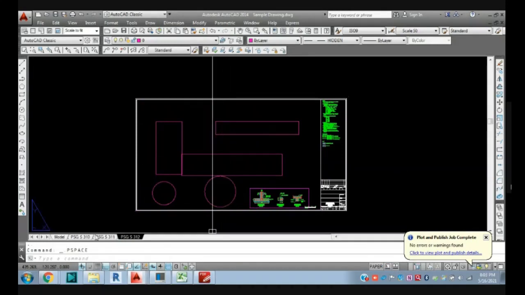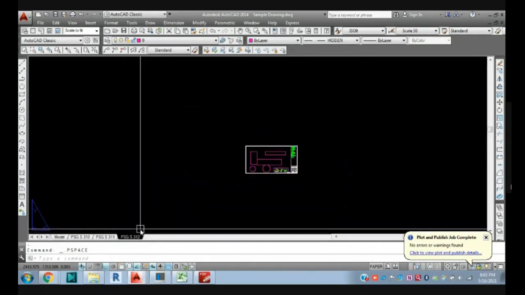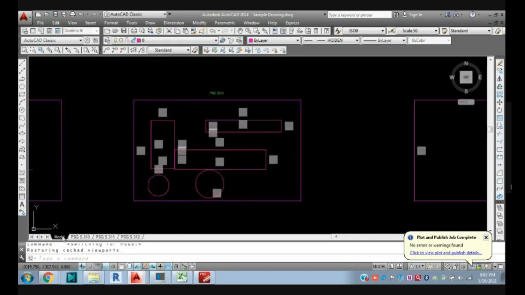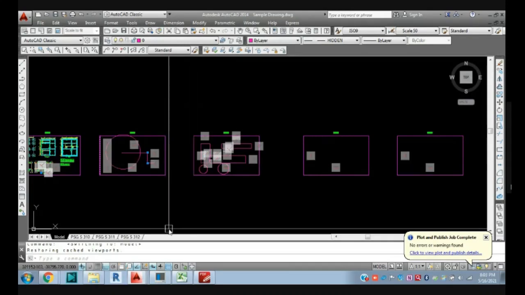You can create a number of sheets in one AutoCAD drawing. If you have a large scope of work and want to create a number of drawings in one AutoCAD file, you can.